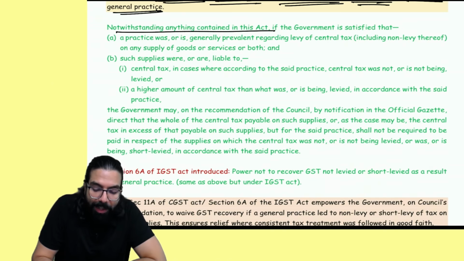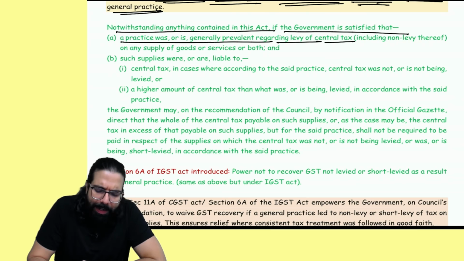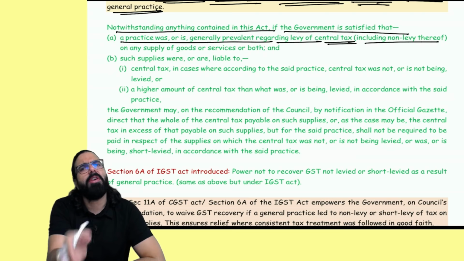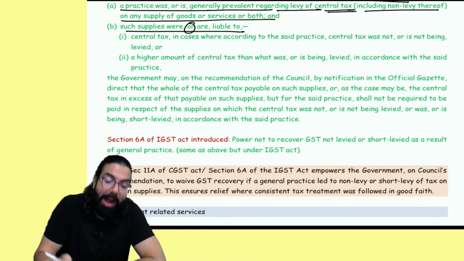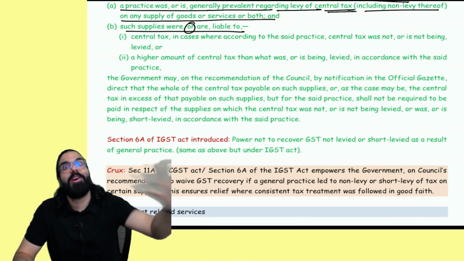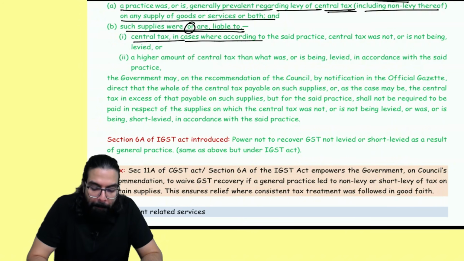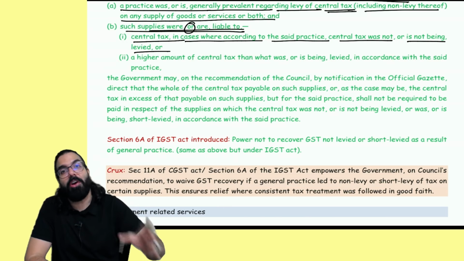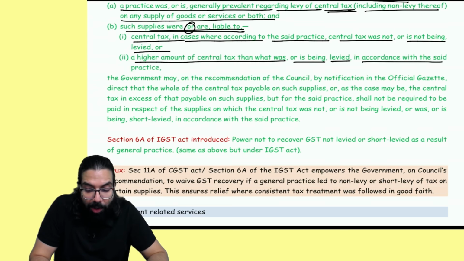It says, notwithstanding anything, if the government is satisfied that a practice was or is generally prevalent regarding levy of CGST, including non-levy, whether you are levying 5% instead of 18, or you are not levying at all on any supply of goods or services, where such supplies are liable to CGST but according to a practice CGST was not being levied, or a lower amount was being levied in accordance with the said practice,